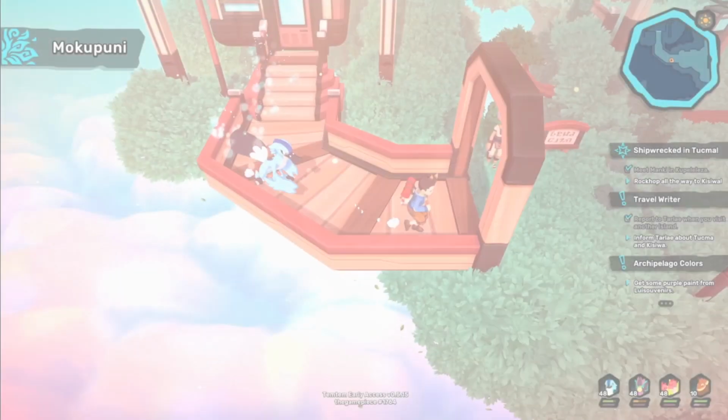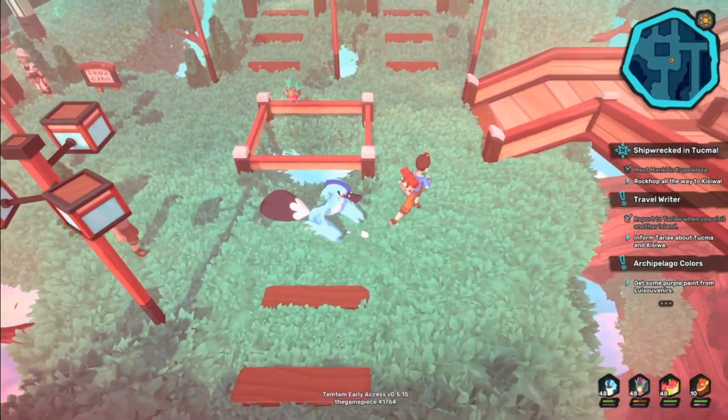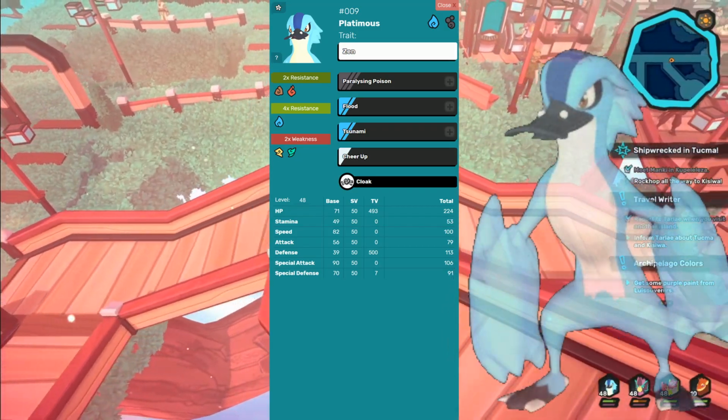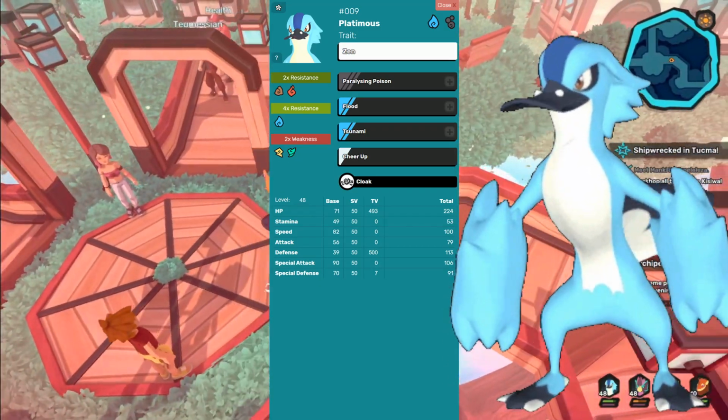Now let's go over a couple of movesets that I've come up with for Platimus. These movesets are quite a bit different, so stay tuned for the second one here. So the first one is more of a support-oriented Platimus. This has the Zen trait to be able to pick up any sort of defense boost by picking up the